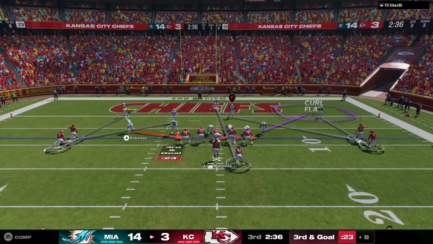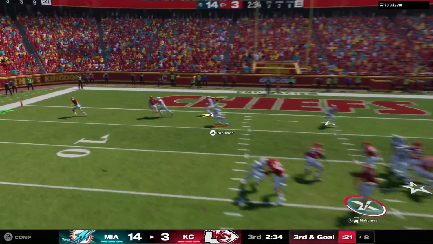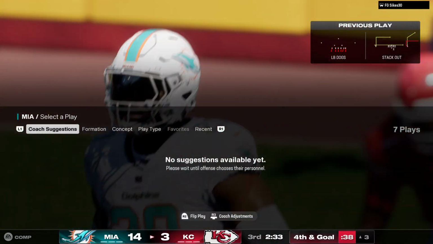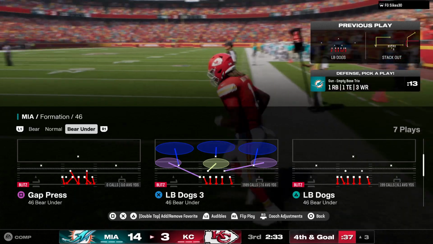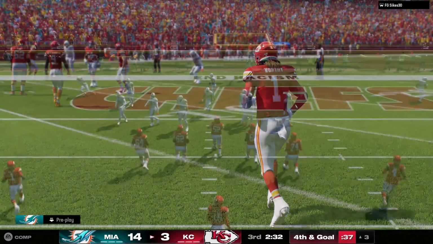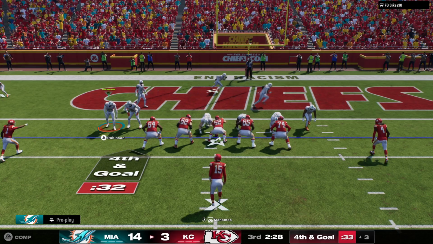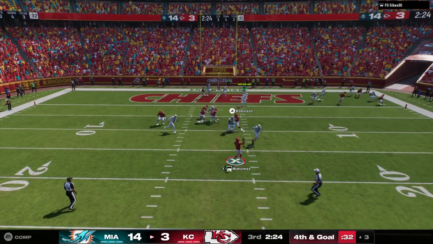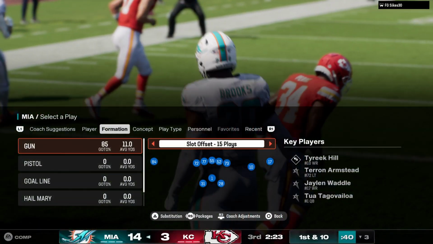So can the defense come up with the early stop here on 3rd and goal? And it's complete to the sideline. Nice job getting both feet down inbounds. This is why the timing of these routes is so critical. If that ball is thrown a little bit later, he's unable to keep his feet in bounds, but instead the quarterback is on time and accurate, and the receiver does a nice job not only securing the catch, but ensuring that